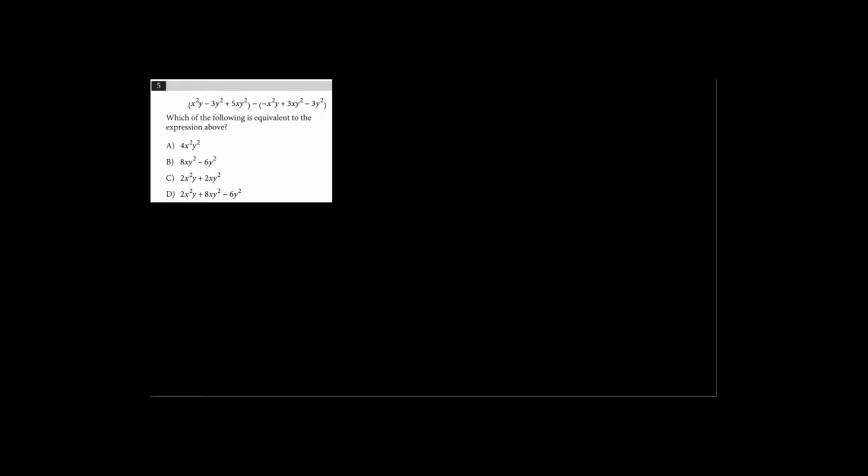So looking at this question, really all they're asking me to do is simplify an expression. And to do that, we're just going to combine our like terms. So I'm going to rewrite this just to give myself a little more space to work with. So I got x squared y minus 3y squared plus 5xy squared minus, and I'm going to group these